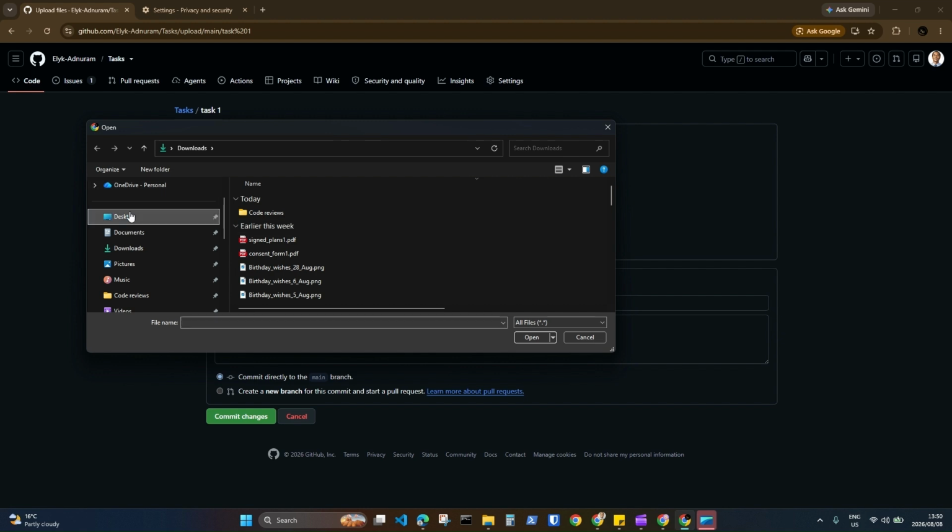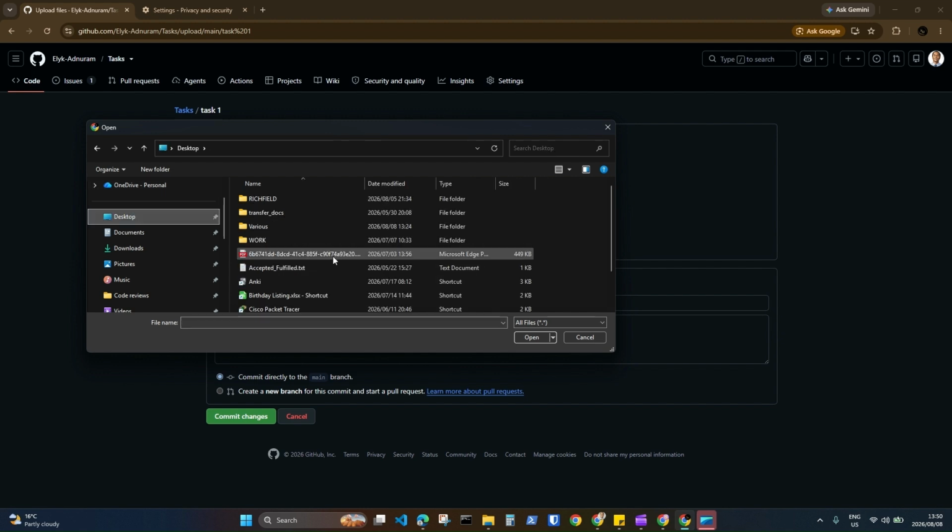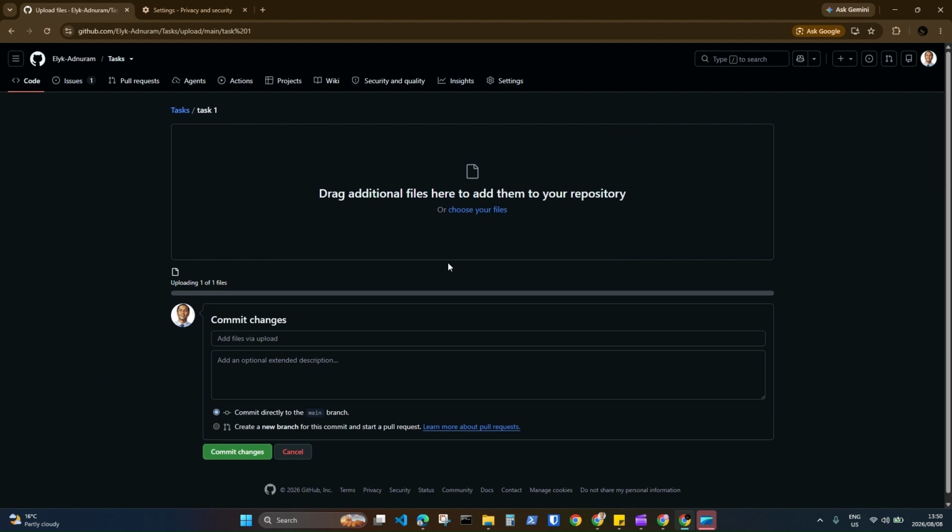So let's say we go to our desktop and we want to upload this specific text file, and click on open. Then you will see the file is being uploaded and the file is now ready to be committed to the repository. And then you click the commit changes button,